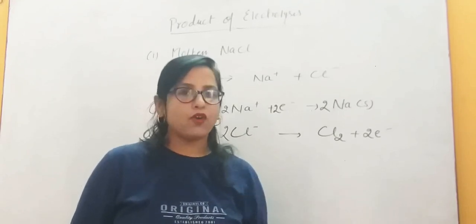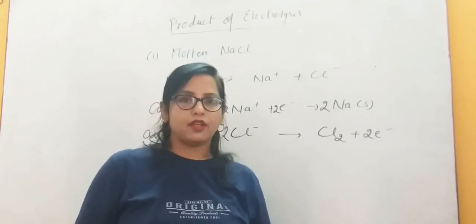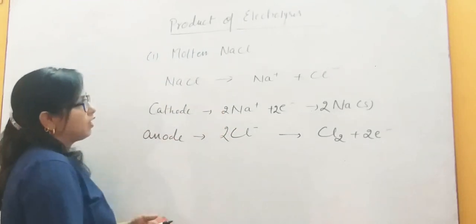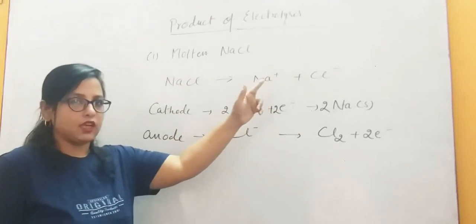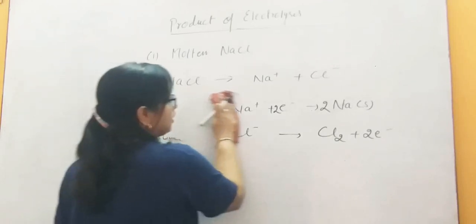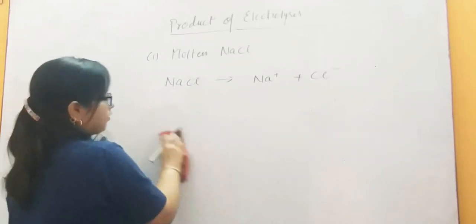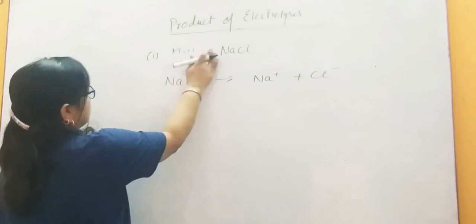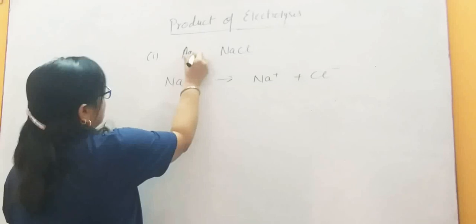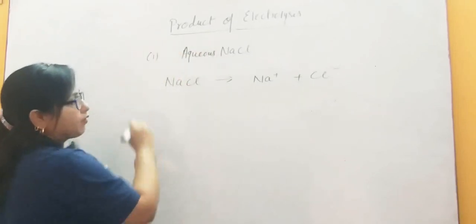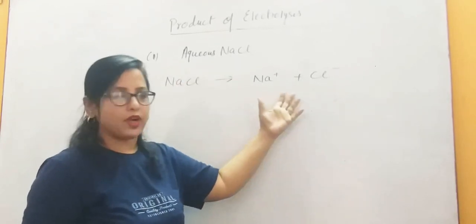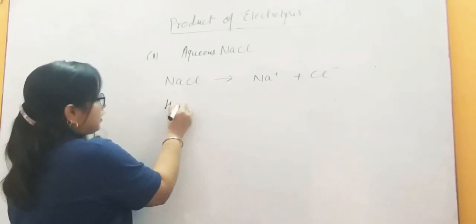Now what are the changes when we take an aqueous solution of NaCl? So now I will change my topic. Here I have molten NaCl because we have pure Na+ and pure chloride ion. Now in the second example I am taking aqueous NaCl. In aqueous NaCl we already have sodium and chloride ions, and water contains